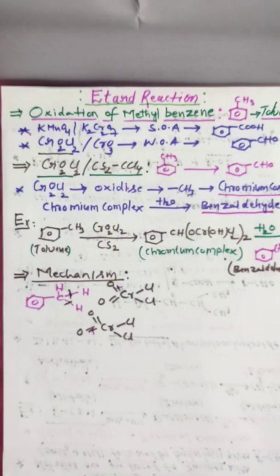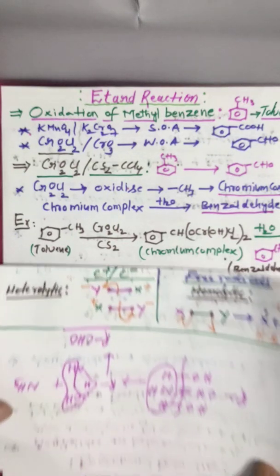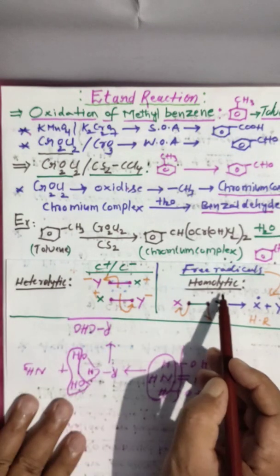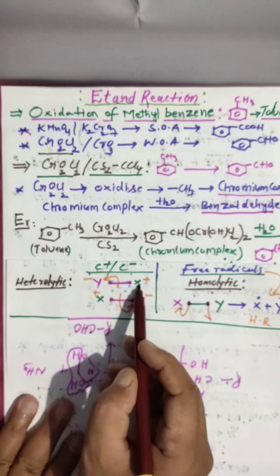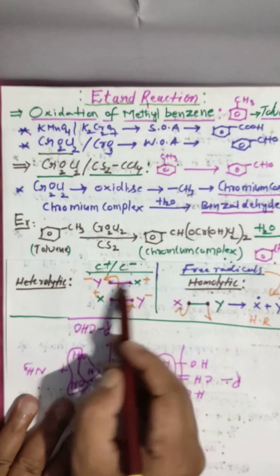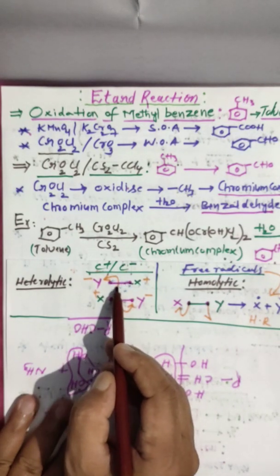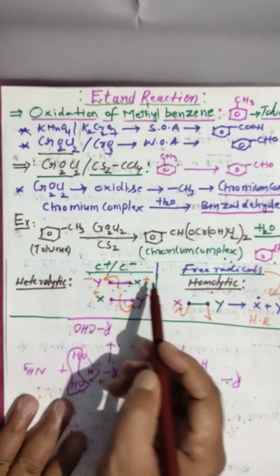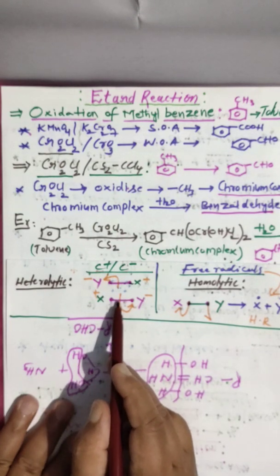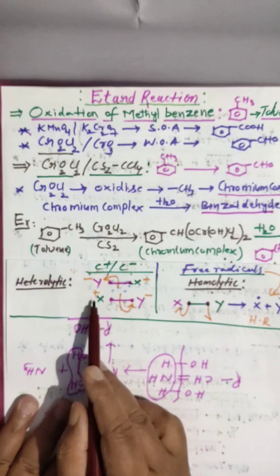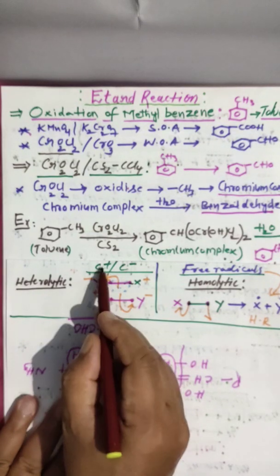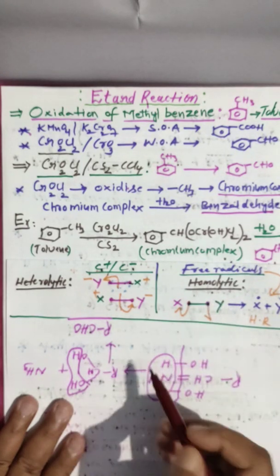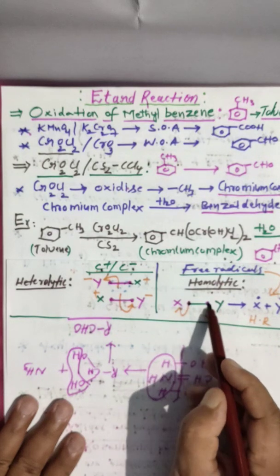What is meant by homolytic cleavage? Look here. Bonds can be broken by two methods: heterolytic cleavage and homolytic cleavage. X and Y are bonded with a bond, which is nothing but 2 electrons. If the 2 electrons shift to one atom, it will get a negative charge and the other will get a positive charge. The reverse is also possible. This means you get a carbocation or a carbanion. Another way is homolytic cleavage, where X and Y are bonded with 2 electrons.